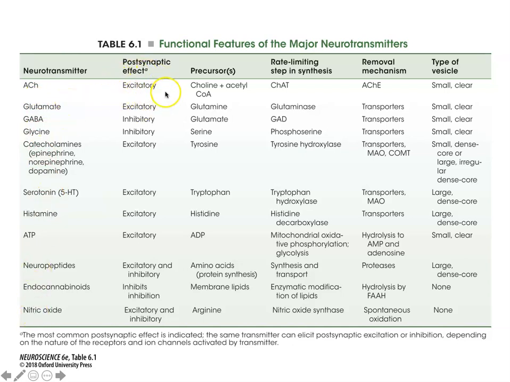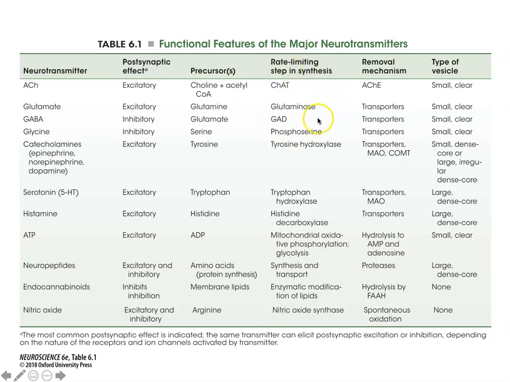You can see what type of effect it has on the postsynaptic cell, so is it an excitatory postsynaptic response or inhibitory? You can also see what the precursor molecules are that are utilized to synthesize the neurotransmitters,